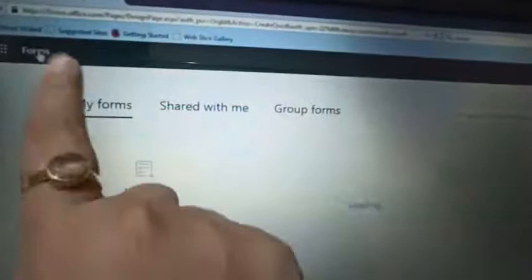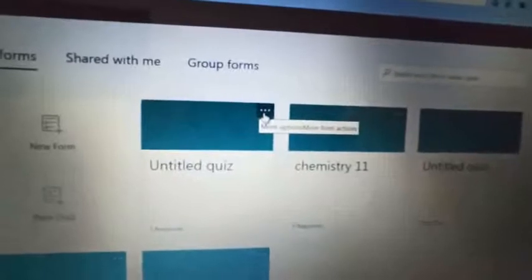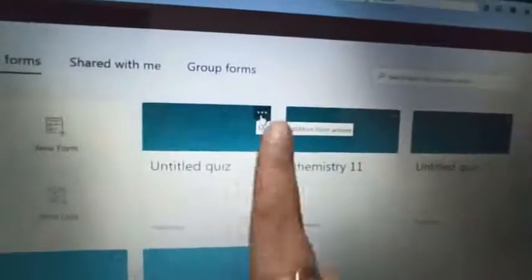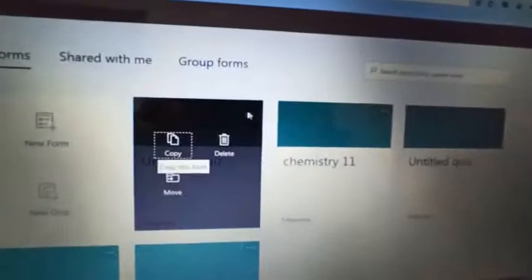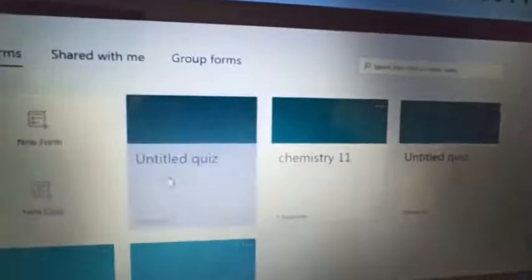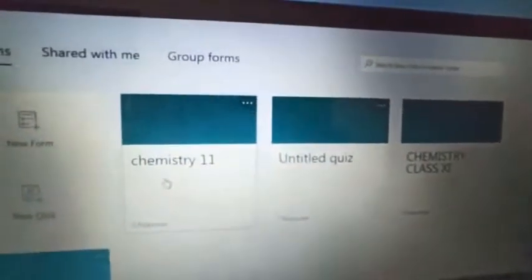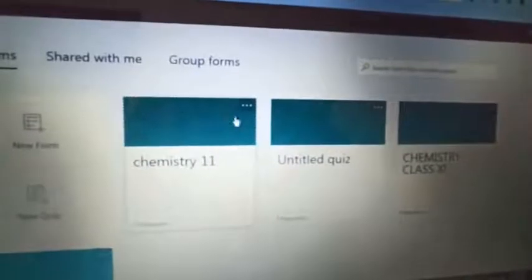So you'll go in forms, click on where the word forms is written. Now you see this is the new paper it has generated, but I don't want the new paper. If I want, I will open it and do the editing, but I don't want a new paper, so I will delete it. I will delete, continue. Okay, see it has gone. Now in the chemistry 11th I wanted to do the editing. Now you will click on it from here